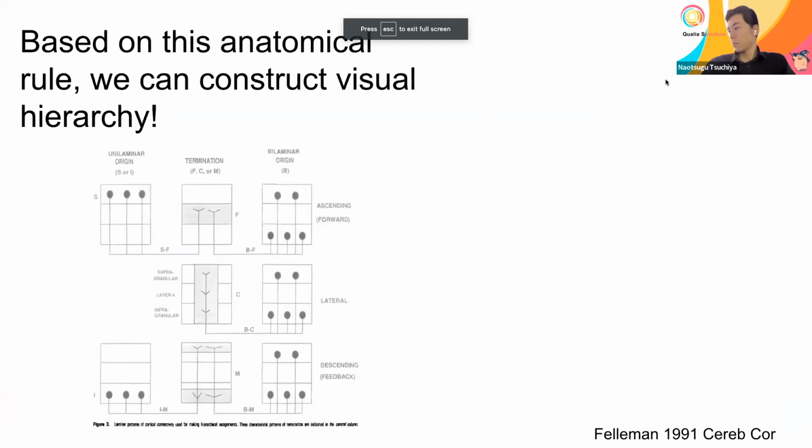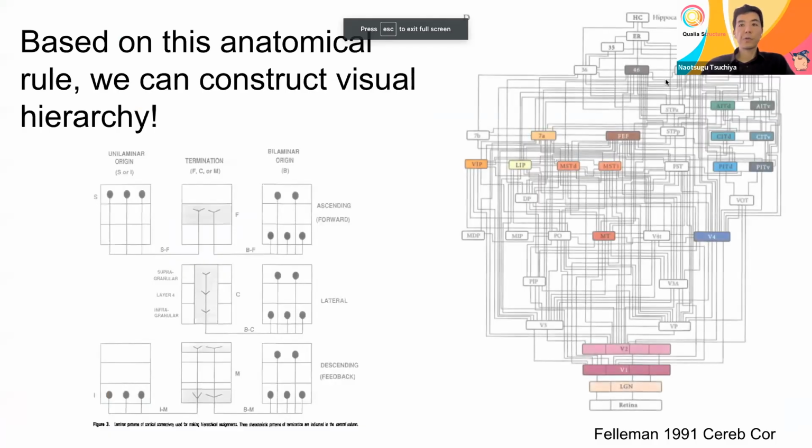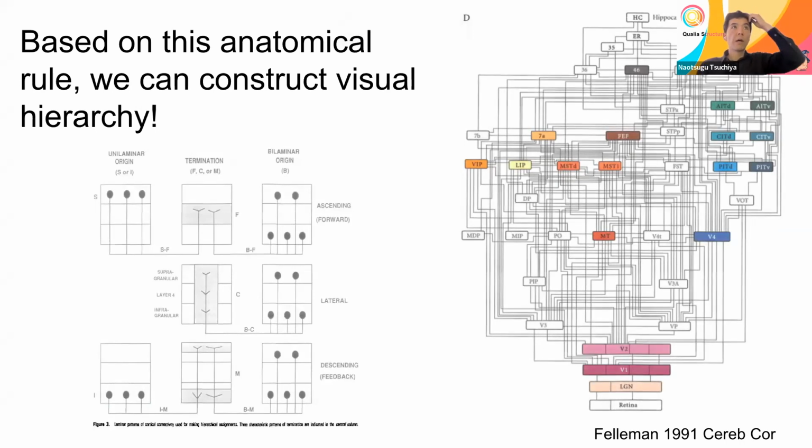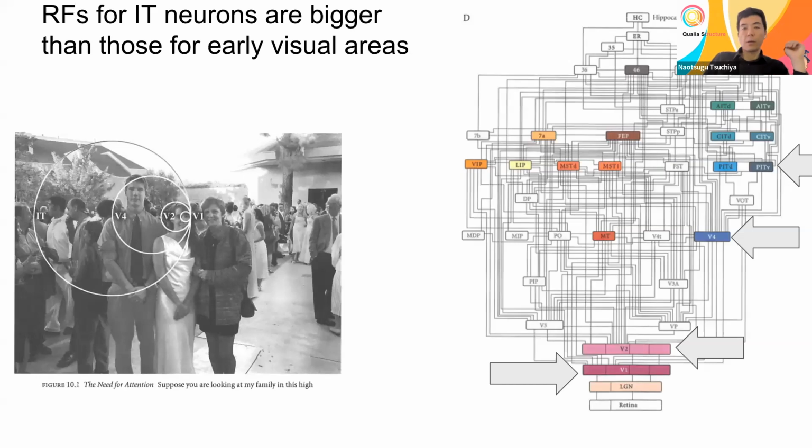Okay, so let's get back. So we were talking about this visual hierarchy, and as I mentioned in the last part of the video, the size of the receptive field also increases as you go up the hierarchy, which is very strange if you think about it carefully, but I'll go rather